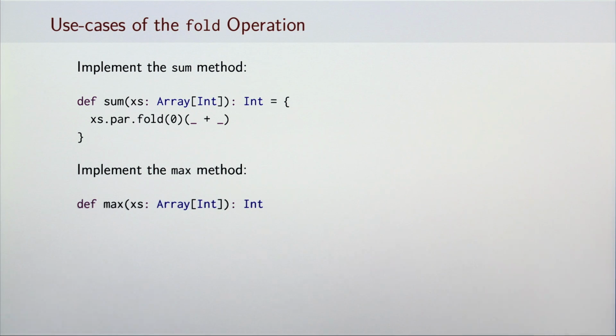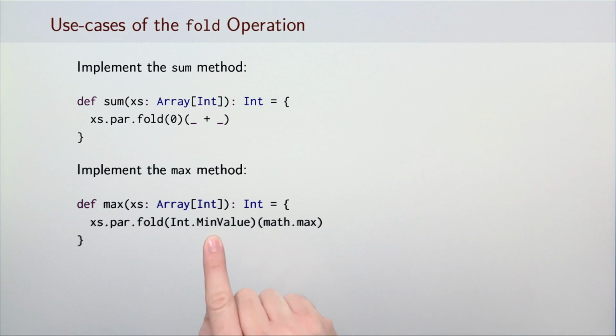Given an array of integers, find the integer with the largest value. To implement this method, we need to select the correct pair of a neutral element and the folding function. Take a few moments and try to implement the max method yourself. Let's see the solution. If you use the minimum integer as the neutral element and the math max function for folding,